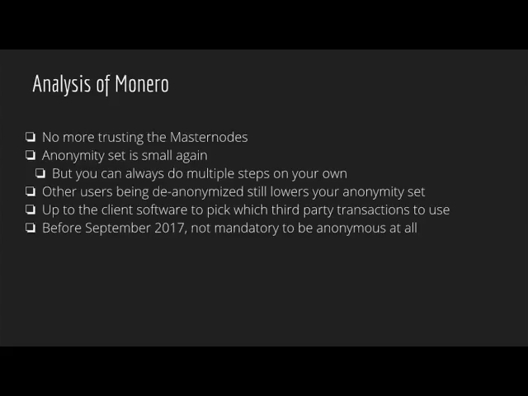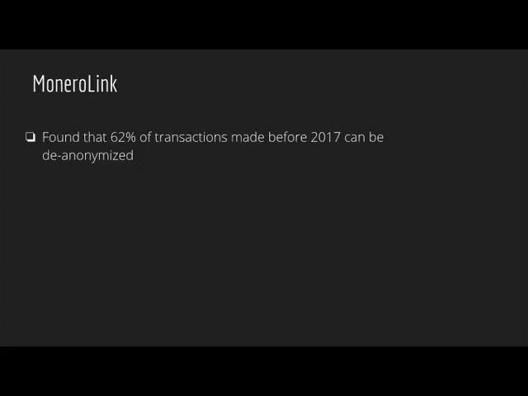And up until September 2017, very recently, it wasn't mandatory for you to use ring signature or ring CT transactions, for you to mix in a bunch of other people's transactions. And basically, I think one of the popular clients had a default of no anonymity whatsoever, which meant if anyone used your transactions in their anonymity, you actually didn't add anything to their anonymity, which meant that it was possible to de-anonymize them based on you not contributing to the anonymity. And so, yeah, many transactions before 2017 can be completely de-anonymized,